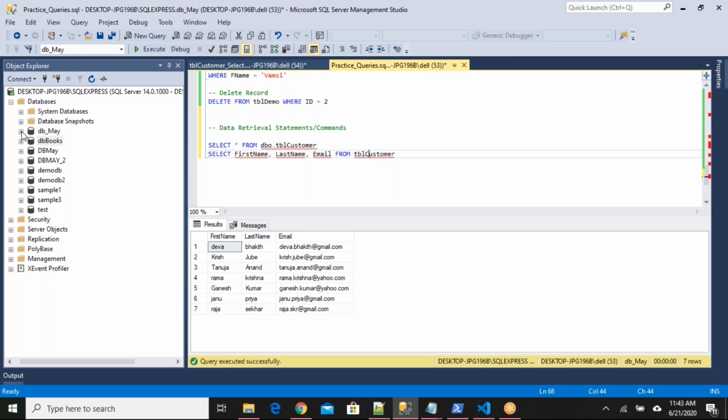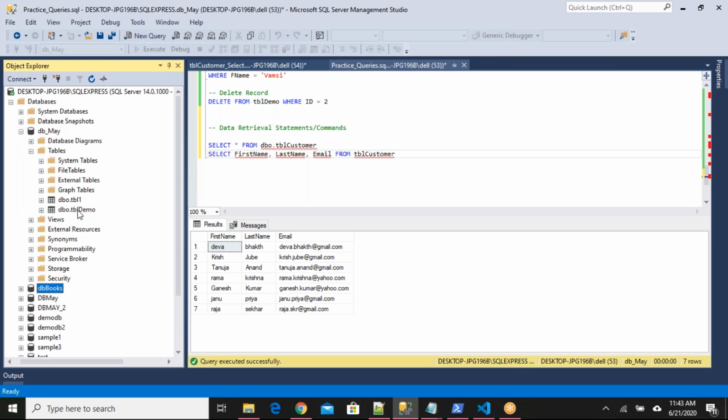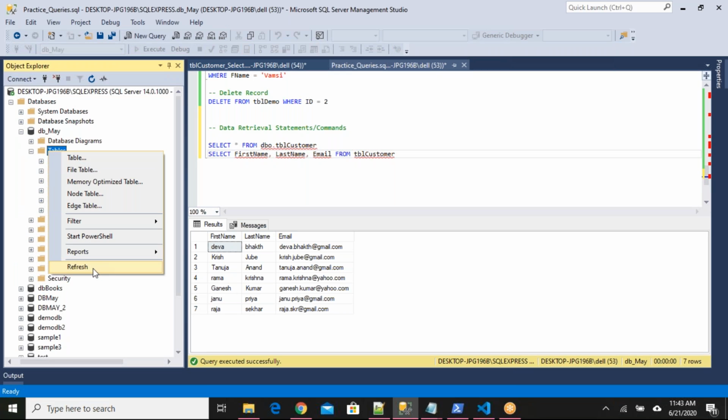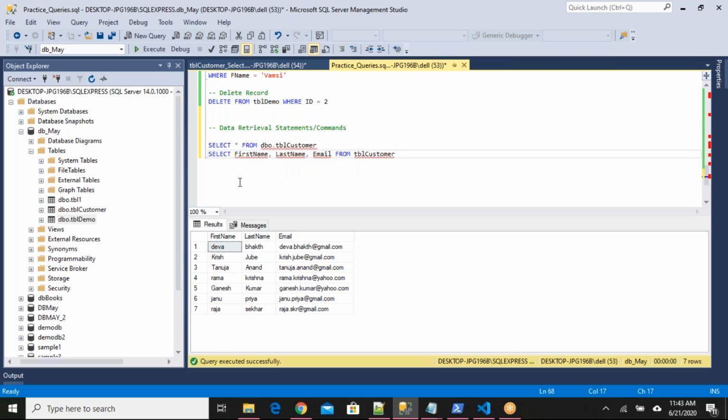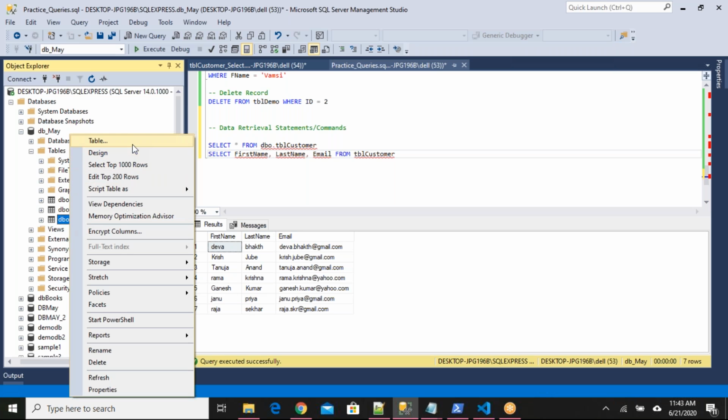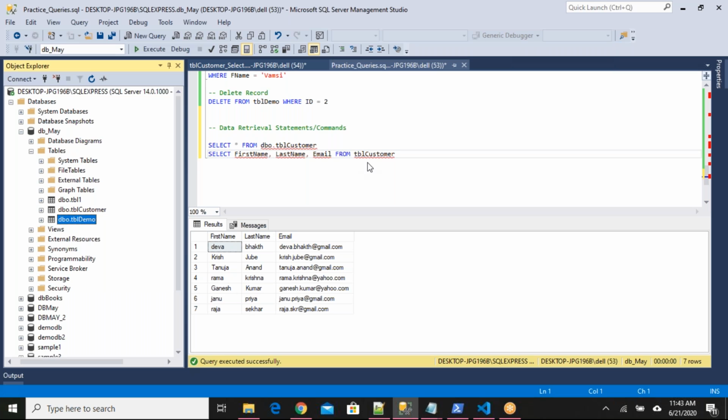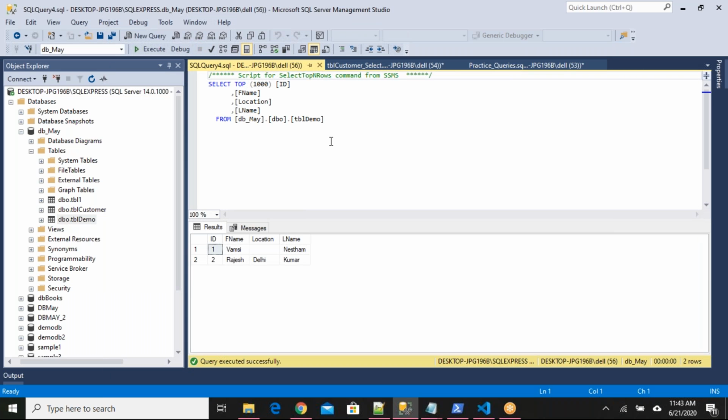This table is already available here. It's a system generated query, but still it is showing an error.